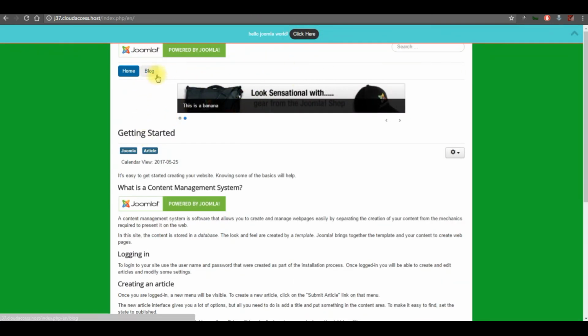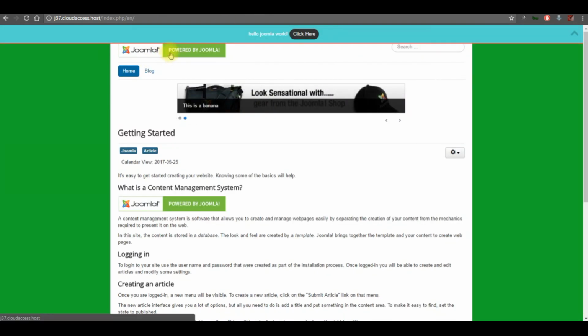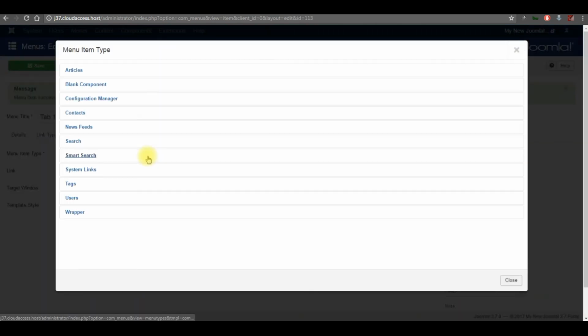So I can put some dummy tag here. I put text separator and click save. Basically I need to put some content here. It was not working, so